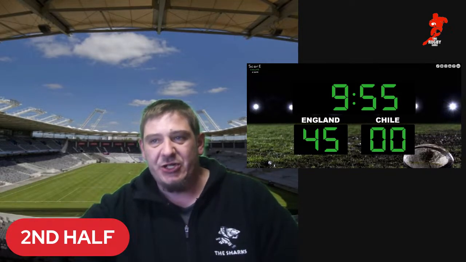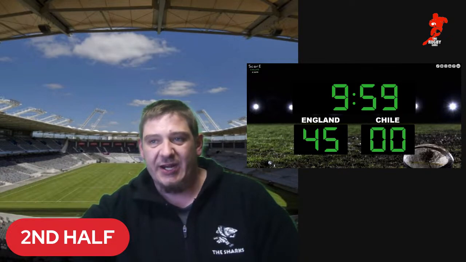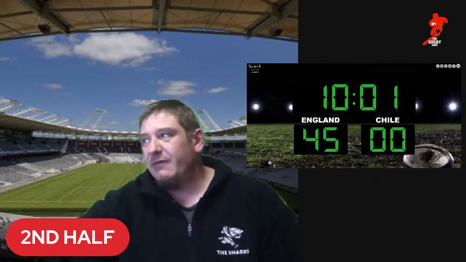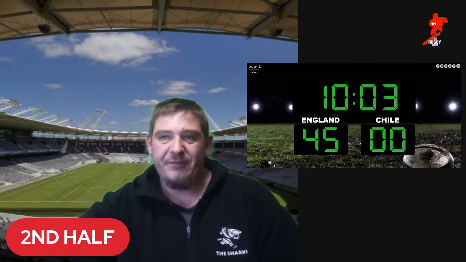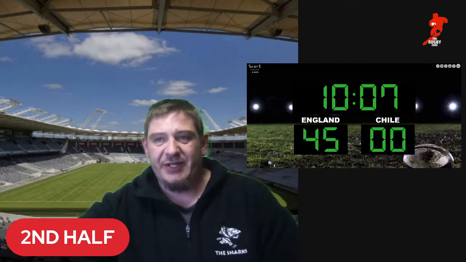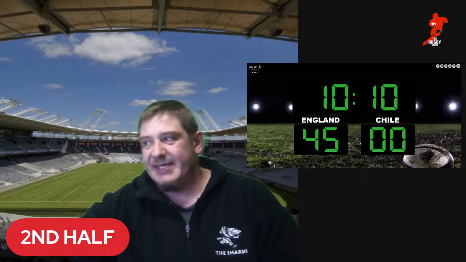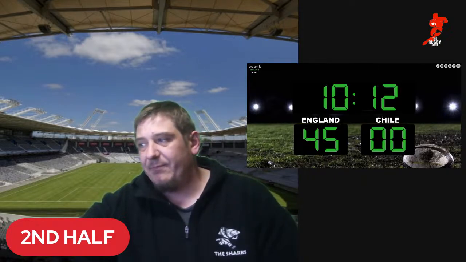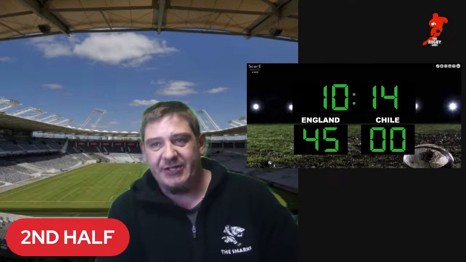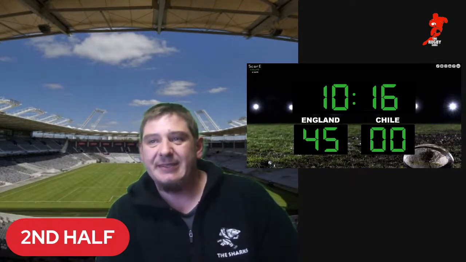go. An opportunity here, up over the 22 they go. 5 meters out from the touchline on the far side of the field for Chile now. So that ball comes to ground right on the 22 for Dahl now. And again taken up by the forwards there. It's Lucas Carvalho who took it in there for Chile.